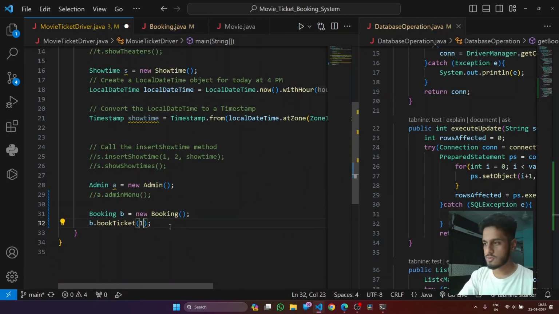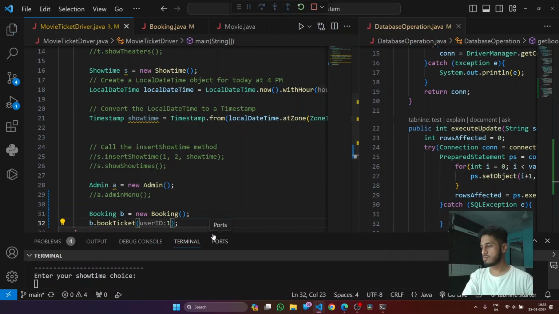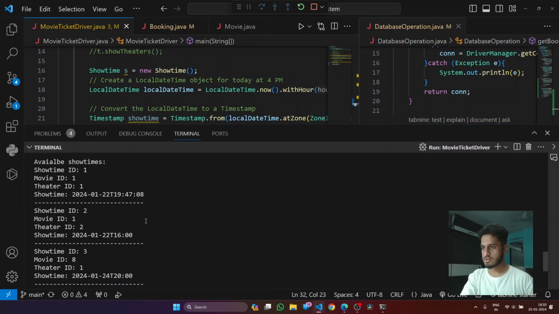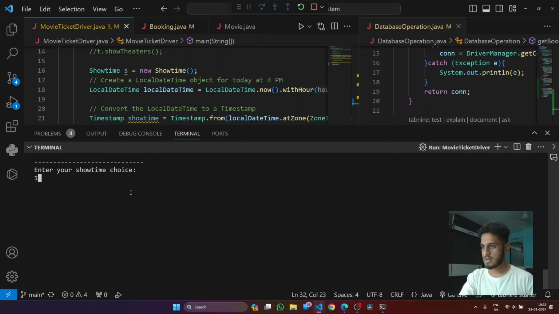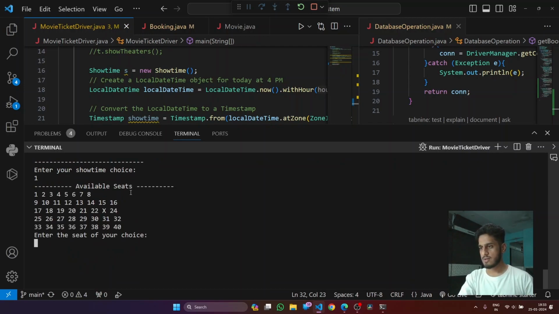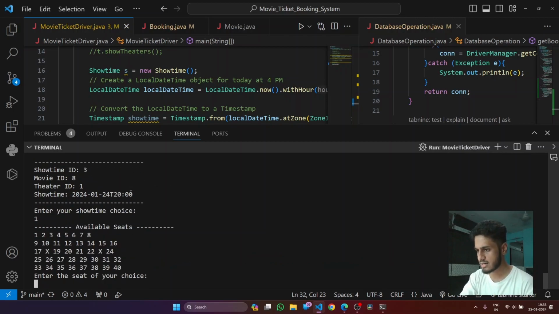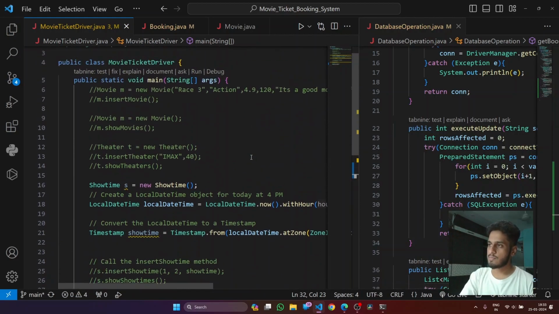Let's try running this for user ID 1 now, because there needs to be a real user over here. Enter showtime of our choice. Showtime, let's go with 1. Available seats, let's choose 18. Booking completed successfully. If we check again, we can see from here that 18 is booked, and that right over there is the booking logic complete